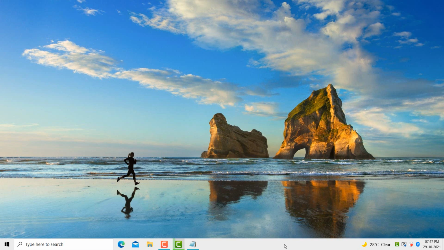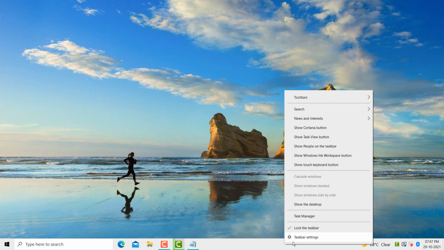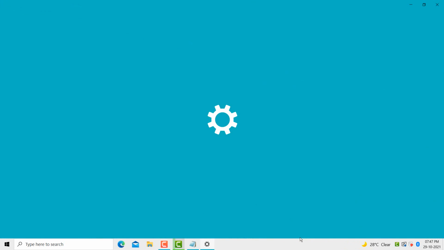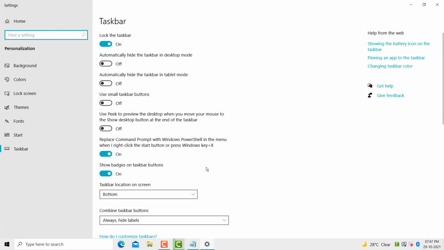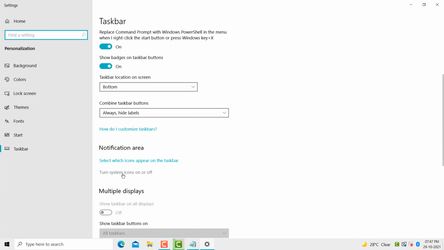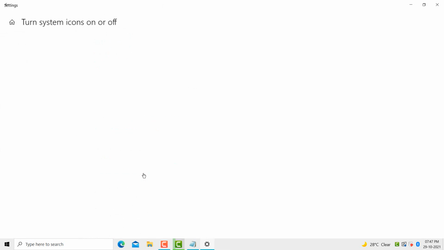Right click any empty area in the taskbar, and here you see the taskbar settings option is available. Click on it, then scroll down and here you see Turn system icons on or off. Click on it,